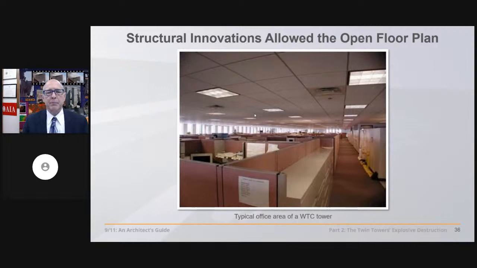But there were some problems that remained design-wise. For instance, in the 80s, structural innovations continued, and that opened up these picturesque views of the cityscape below, as opposed to here, where you have columns every 3 feet 4 inches marching all the way around the building. Some likened it to a jail cell, if you will. Lower ceilings also were a problem.